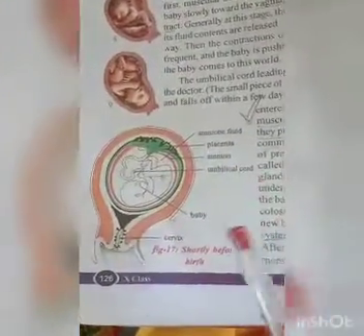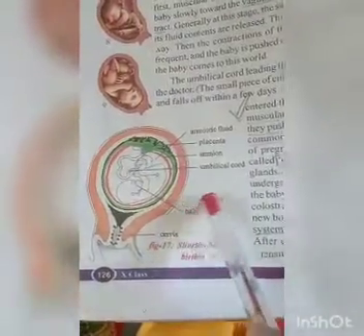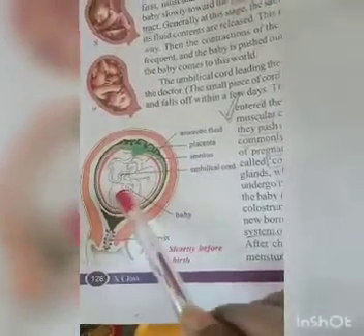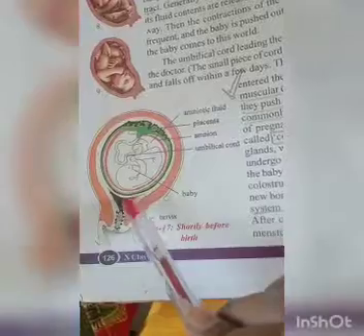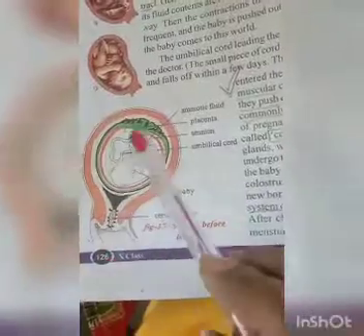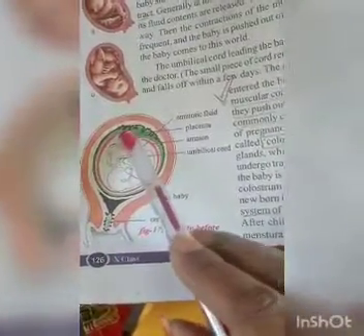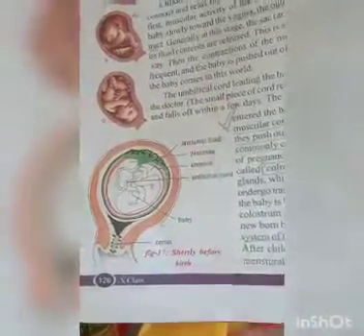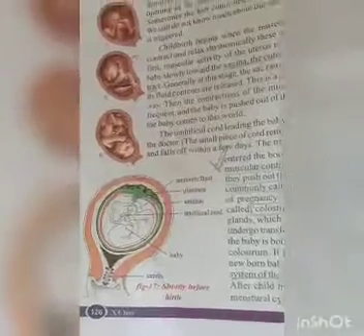After complete development of the baby in 9 months, there is childbirth. So this is the female reproductive system. After complete development of all organs, the baby turns around and the head comes down. We take out the baby through the vagina. This tube is called the umbilical cord, which connects with the mother. This is the female reproductive system diagram, children.